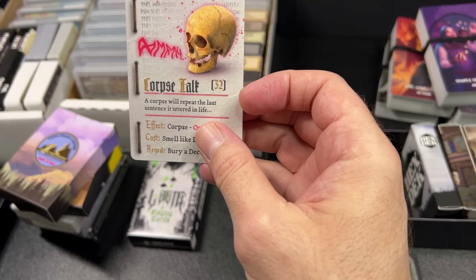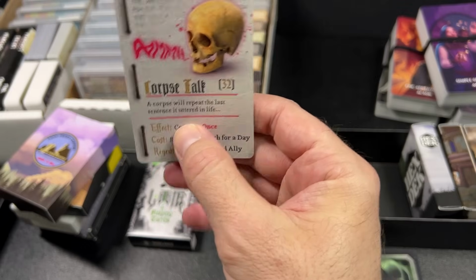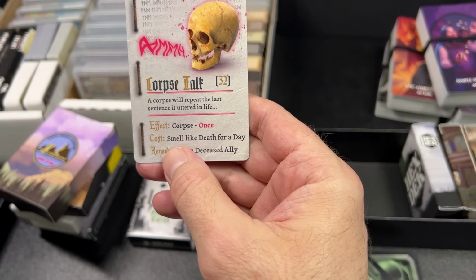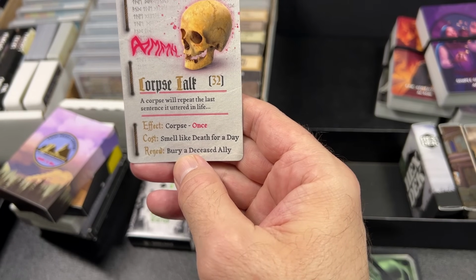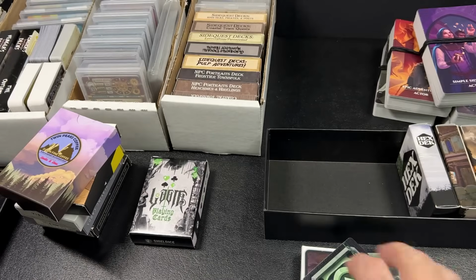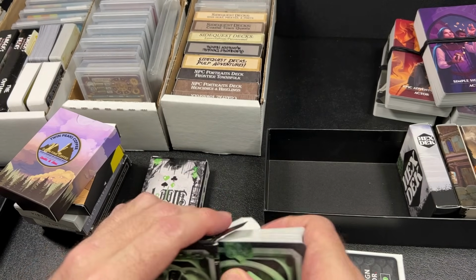And then here we have corpse talk. A corpse will repeat the last sentence it uttered in life. Effect: it only works once. Cost: smell like death for a day. And to renew, bury a deceased ally. Ooh, creepy. So yeah, just a neat little grimoire deck if you're looking for random spells with weird